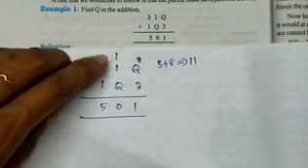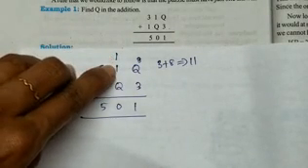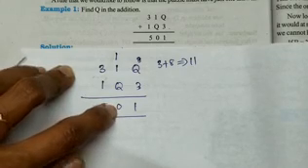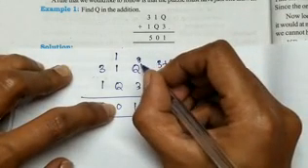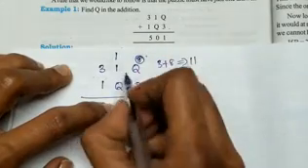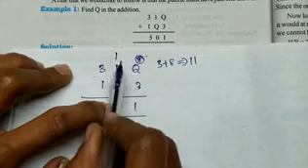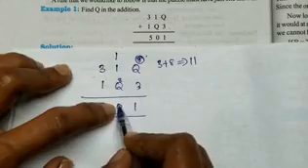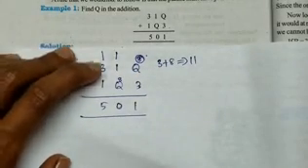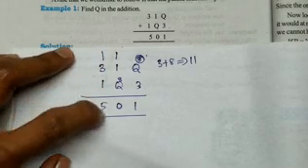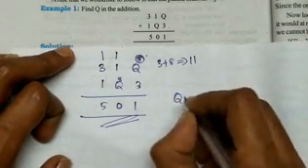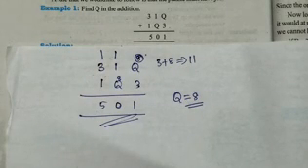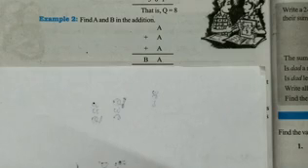Okay. Now 1 plus 1, 2. 2 plus some number should give 0. Already we took this, that Q may be 8, isn't it? So just apply here. So 8 plus 1, 9. 9 plus 1, 10. So 0. The remaining 1. Now 3 plus 1, 4. 4 plus 1, 5. So the answer is correct. So what is the value of Q here? Q is 8. So in this way we have to find the values for the particular letters.